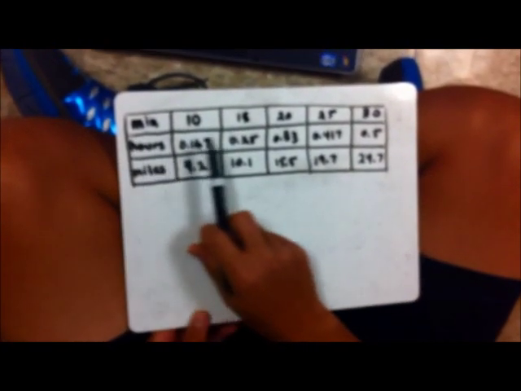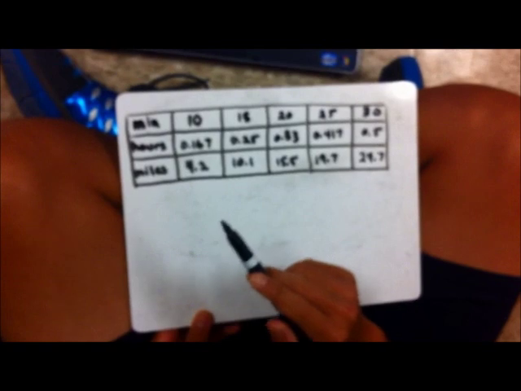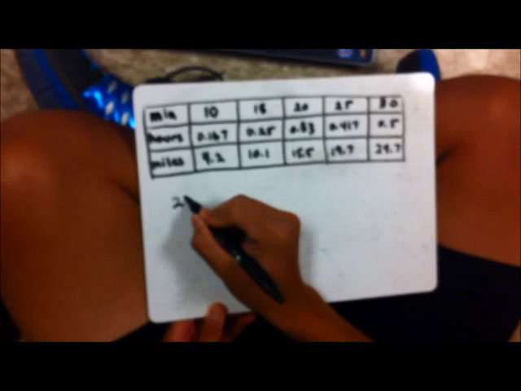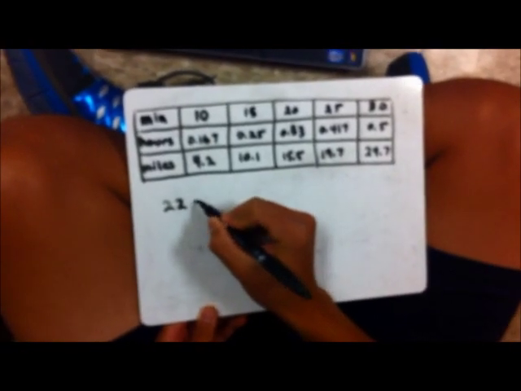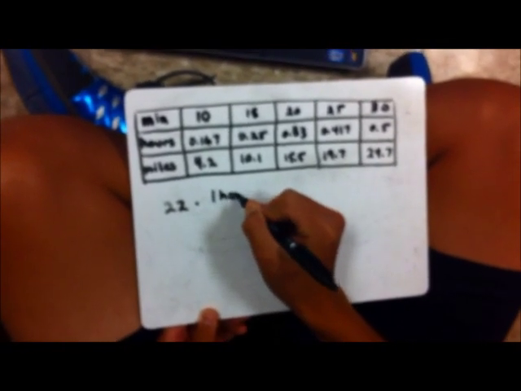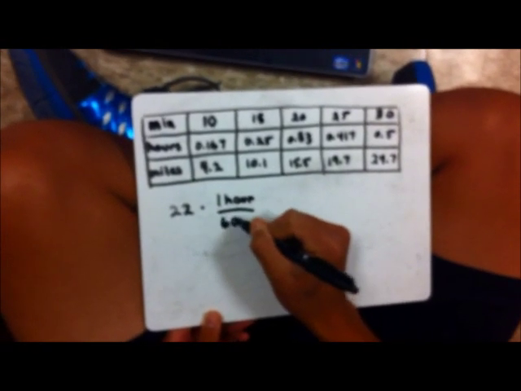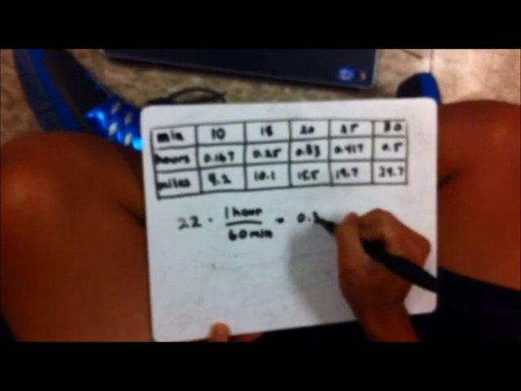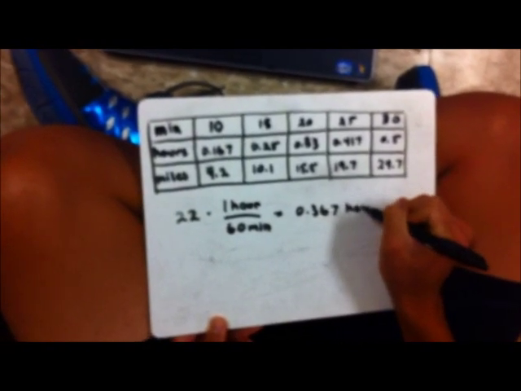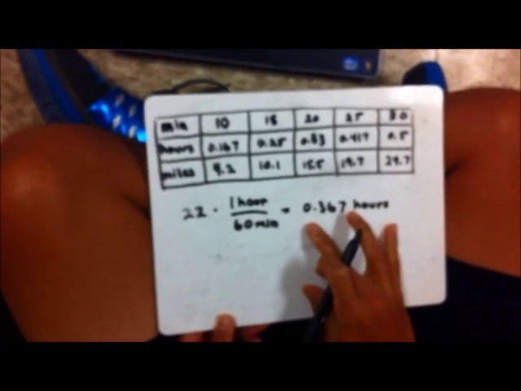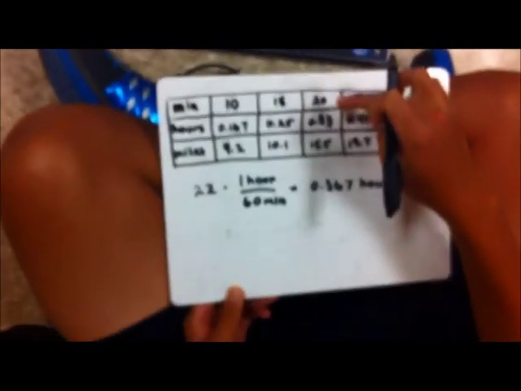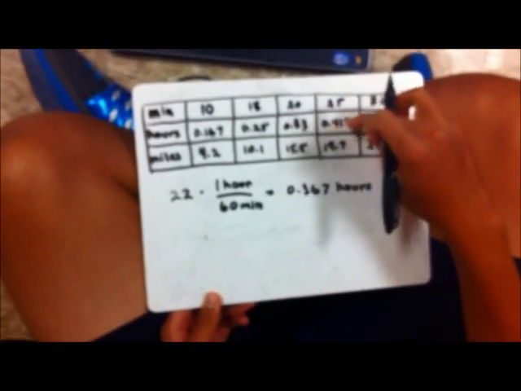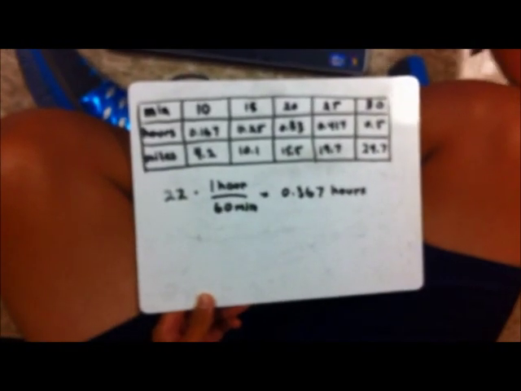Alright, so we have the table here, and it wants us to find how fast he was traveling at 22 minutes. And if we look, we see that 22 minutes is 1 hour over 60 minutes, so roughly equals 0.367 hours. This value is in between 20 minutes and 25 minutes, which are 0.33 and 0.417 hours. So what we need to do